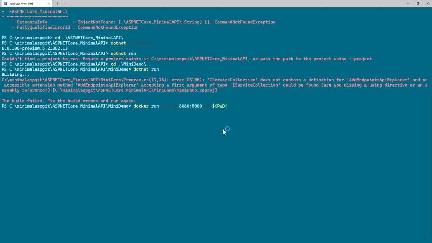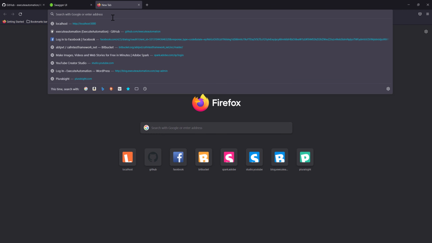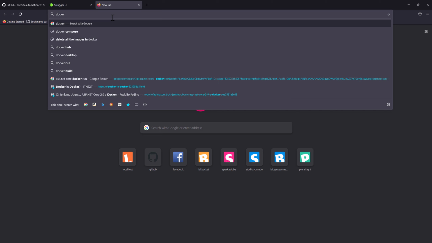So I'm just going to do pwd:/app, and the working directory is going to be the /app that we just saw, or that we created. And then I'm going to call the image, which is going to be coming from the container. The .NET Core 6.0 latest edition of the Docker image is actually available in a different place. So we're going to say Docker image for